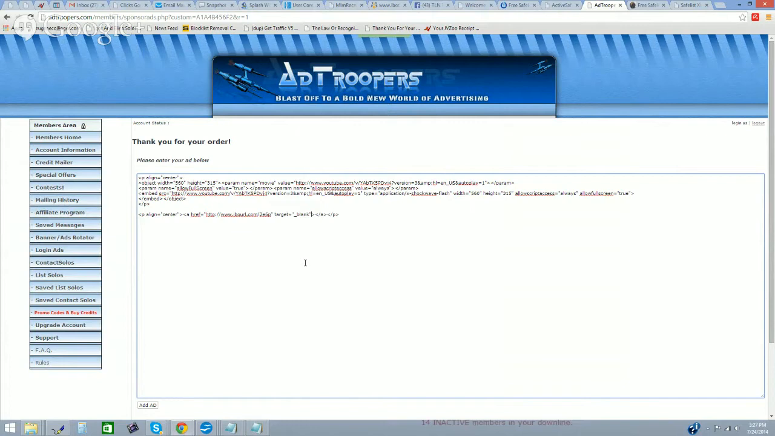Okay, that will open that link in a new window outside of Add Troopers, which I want it to do in this case. Okay, and then here I'm going to say plus 100 lead daily using